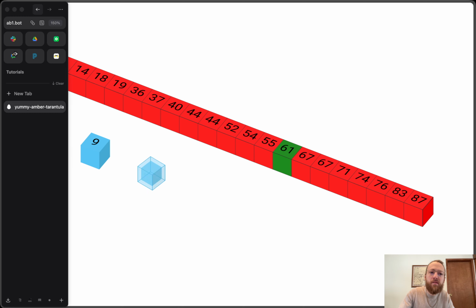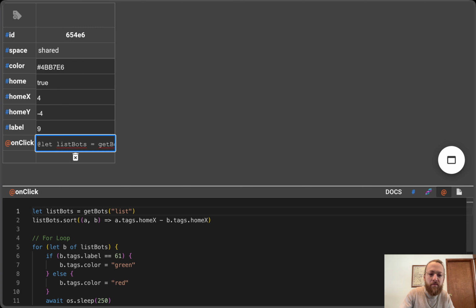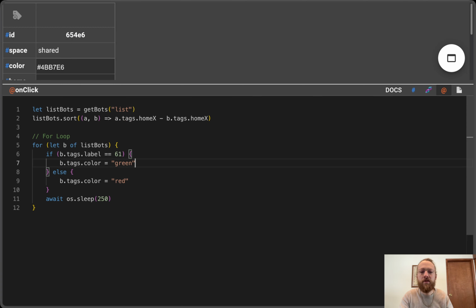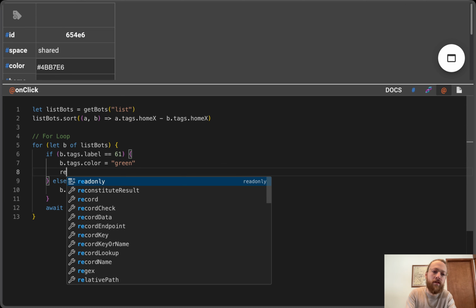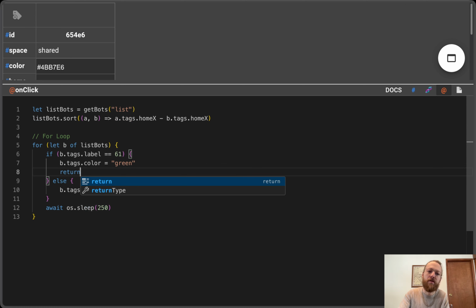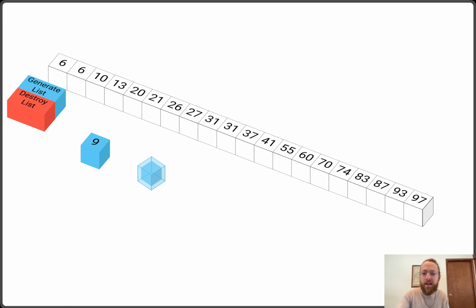But really, we should probably stop once we find what we're looking for. And we can do that by using this little keyword that we've learned about before, return. Just get out of here. Go back to whatever else was happening. We're done. I don't want to be executing this function anymore. So I'm just going to generate until I see a 61 again,